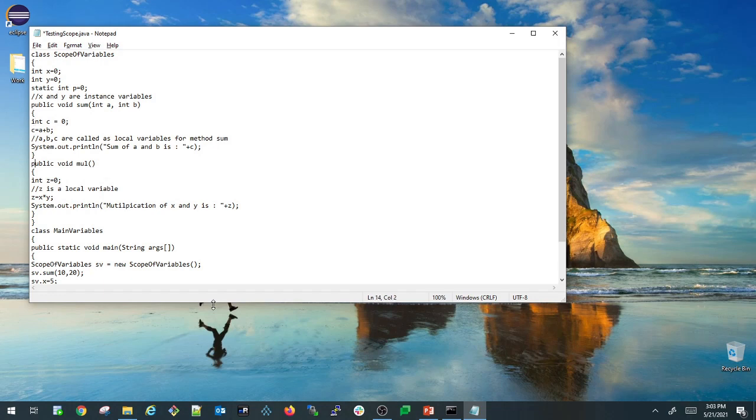So how can we access this static variable outside a class? For an instance variable we use an instance, but for the class variable we need to use the class name directly.